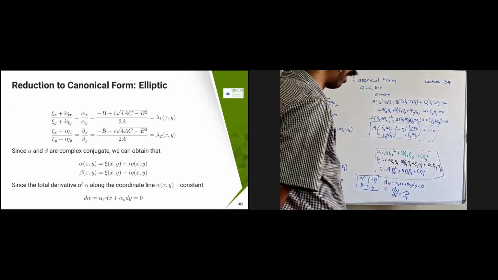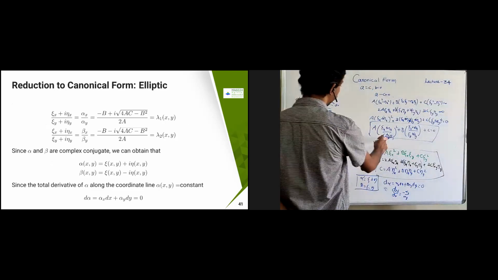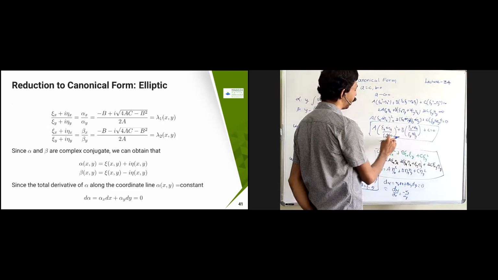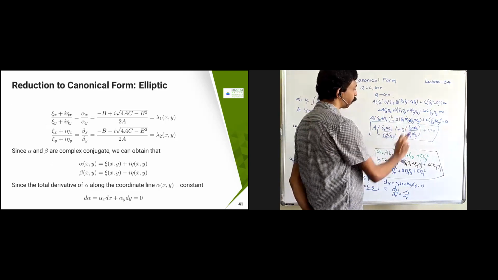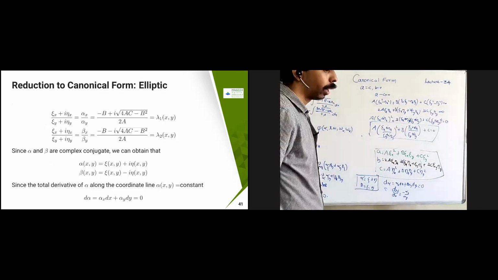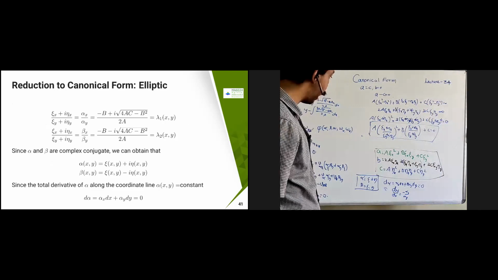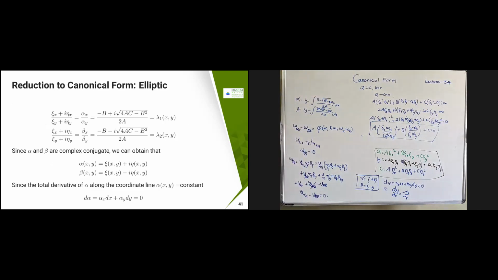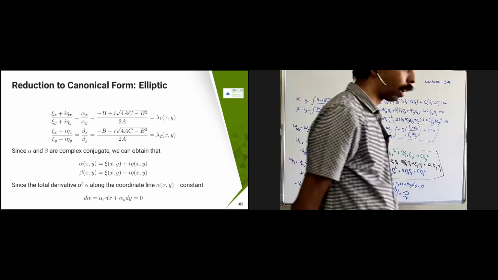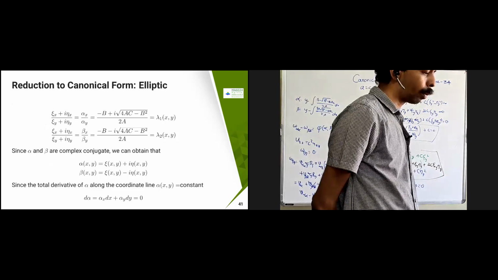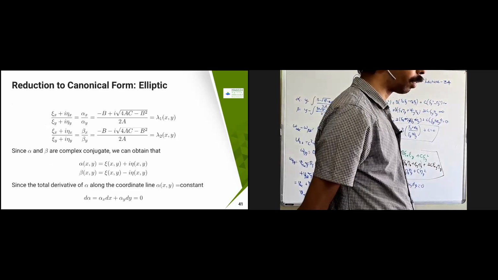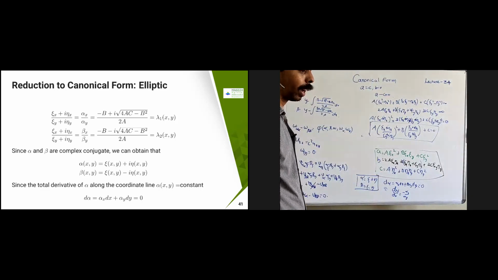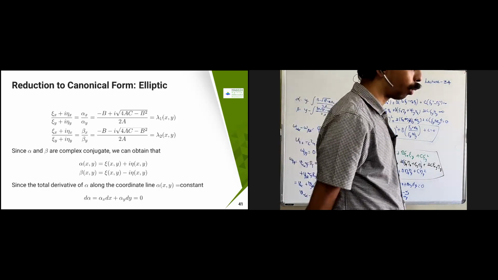Okay, y equal chi x plus i eta x. I am going to take it as alpha x by alpha y. So this is going to become a into alpha x squared by alpha y squared plus b into alpha x by alpha y plus c. Then again here I can use a similar kind of logic. Alpha x by alpha y, I can write it as minus b plus or minus i into, I'm just taking the i out from the square root term, so it is going to become i into square root of 4ac minus b squared. Similarly, for the second term I am writing minus i into square root of 4ac minus b squared.